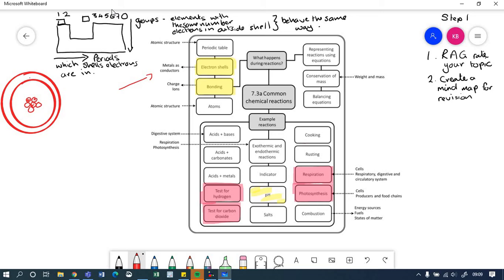So on the first shell I can only put 2 electrons. So that's the one that's nearest to the nucleus. I put 2 electrons. And then the second shell I put 4 electrons. No, actually 1 electron, so I've only got 3 protons here. So that's 3 protons, 3 pluses, 3 electrons. So I've got now this element, I've got 3